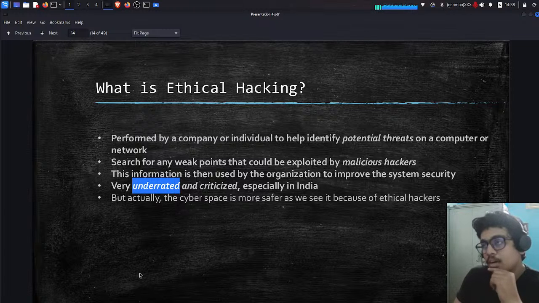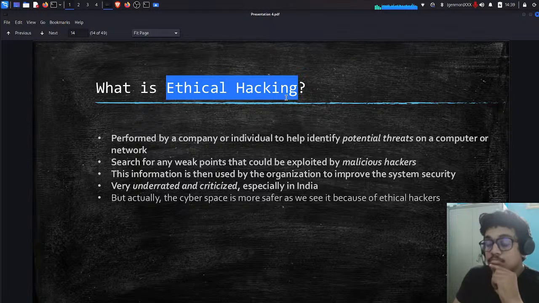Still, people are running behind development, website development, and things. But you should know that there exists a career in which you can gain more money than usual professions, even in crores. And if you go outside India, there is much money in ethical hacking, and you get a lot of respect and reputation.